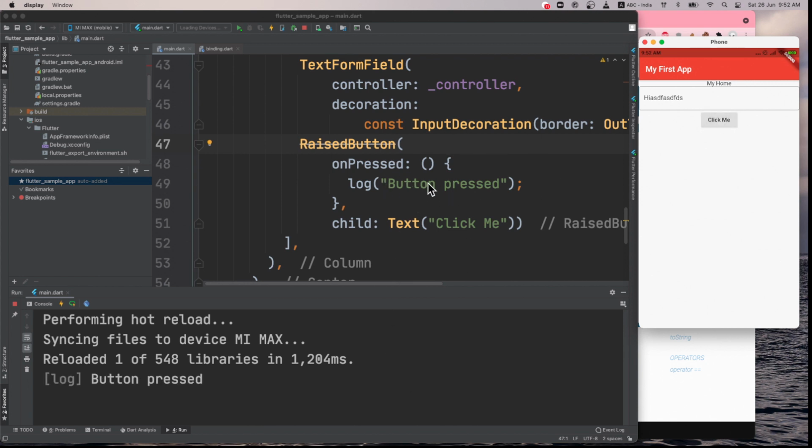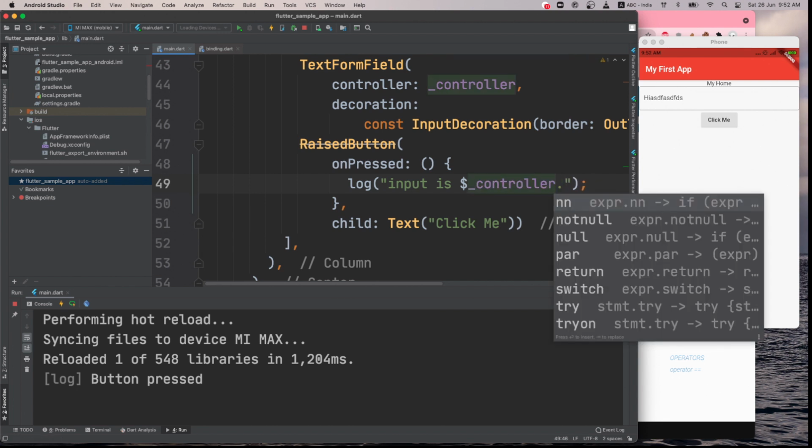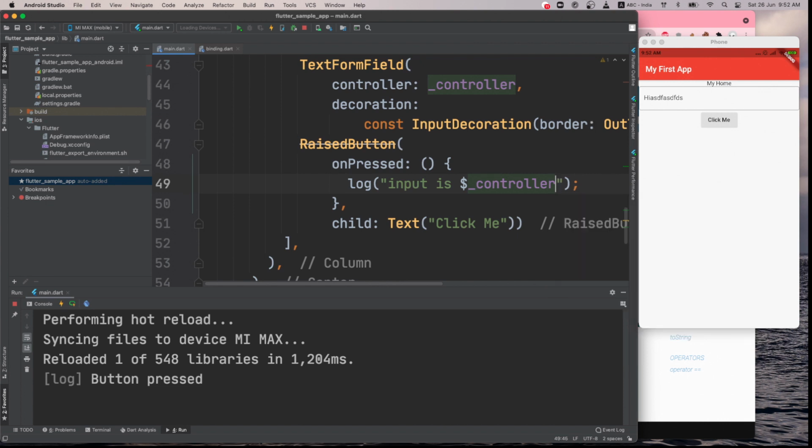And how do we see? In the log, press button pressed, we can say what the input is, and then we can say, I think, dollar underscore controller dot something should be there in this, text, or maybe we'll just try to put it, or maybe that value.